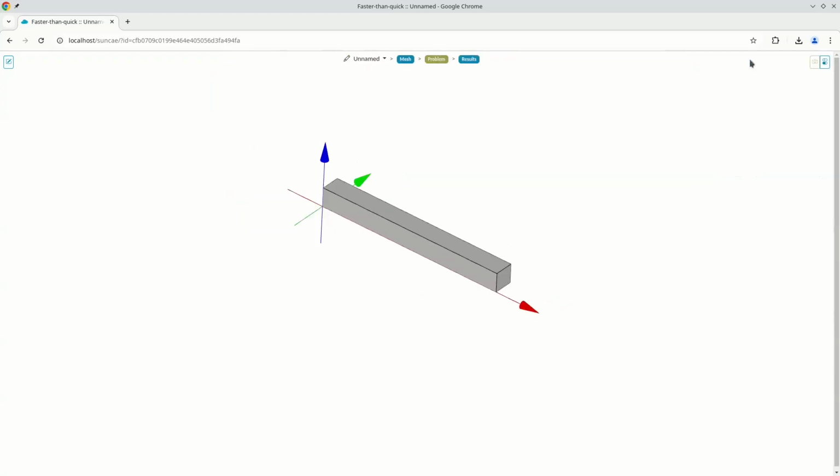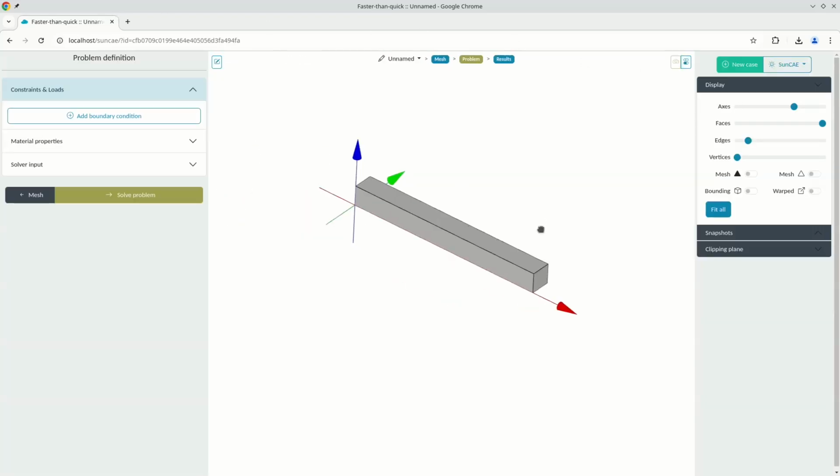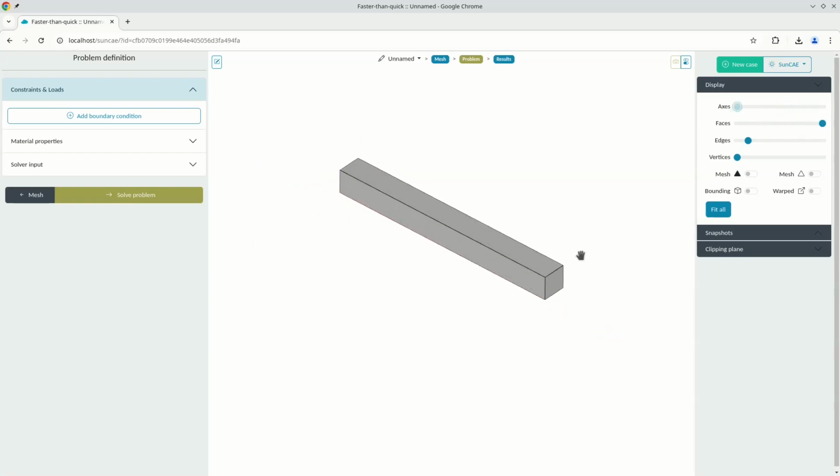These two panels can be dismissed. This is important when using Sankey from a mobile device, but that's a topic for a different video. Okay, let's solve a CA problem.